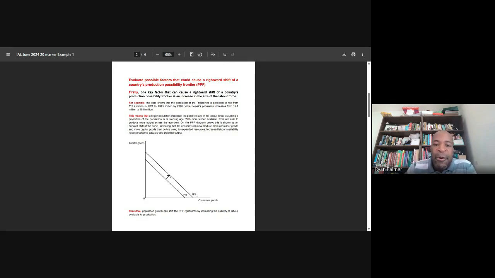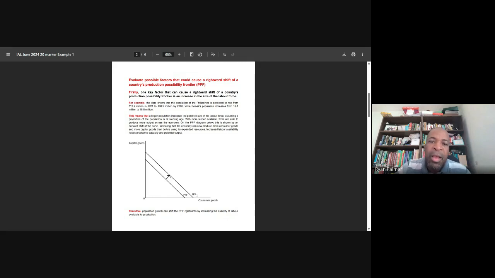And then our link back statement, our conclusion, links the development back to the point that we made in our thesis statement. So therefore, population growth can shift the PPF rightwards by increasing the quantity of labor available for production. So we identify our point, we apply the point in context, we develop the point, and we show how the development relates to the point that we made at the top. So now,